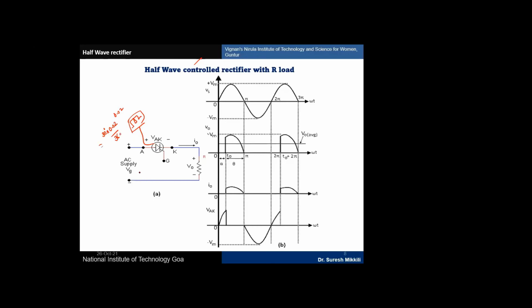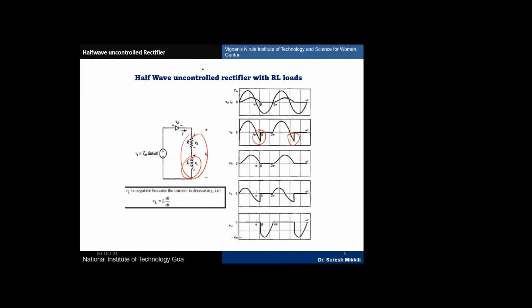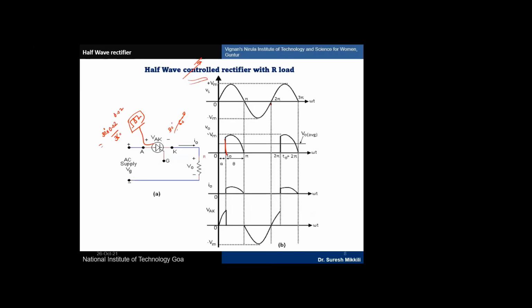So when the pulse generator is connected with the AC supply, what happens? At 30 degrees, it is conducting. So I am changing either 30 degrees, 60 degrees or 90 degrees. So we are controlling it. With the help of a thyristor, we are able to control the circuit, deciding how much is required. That is the reason it is called a controlled rectifier. The earlier one is uncontrolled. We don't have any control, and we get the full waveform. Here we are controlling the circuit, deciding when to start.